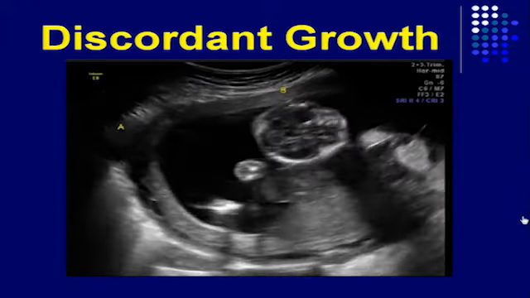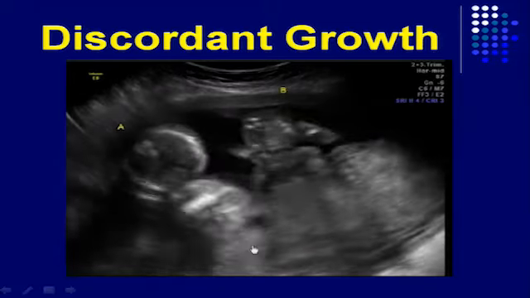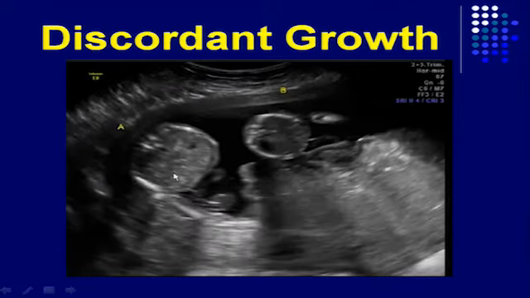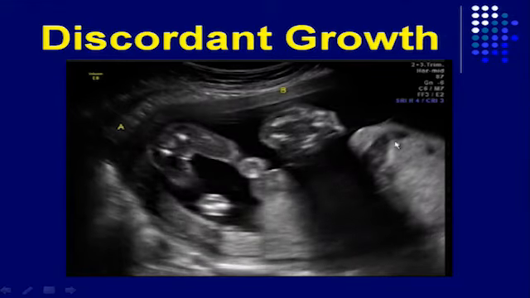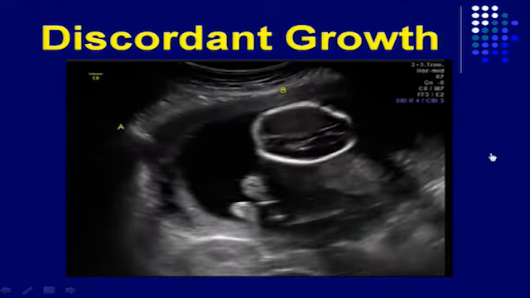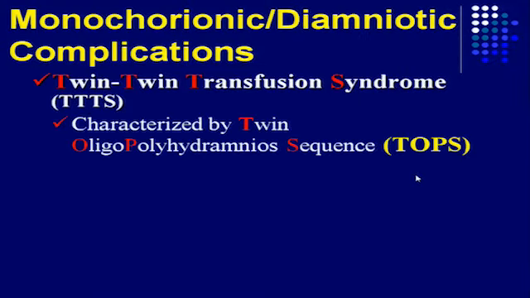So just visually, as you're scanning through, you can see the difference. Again, look at that small tummy, that one. But it has a normal stomach, normal bladder. So twin-to-twin transfusion syndrome is characterized by twin